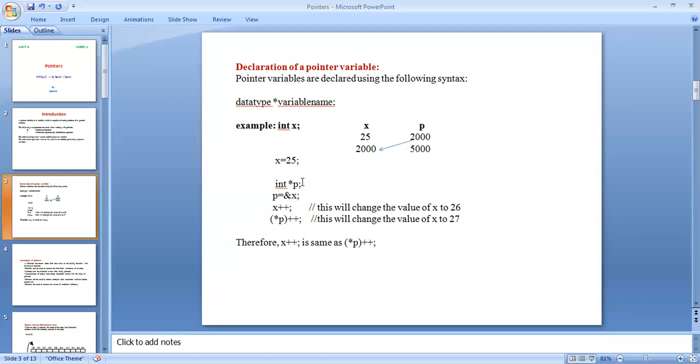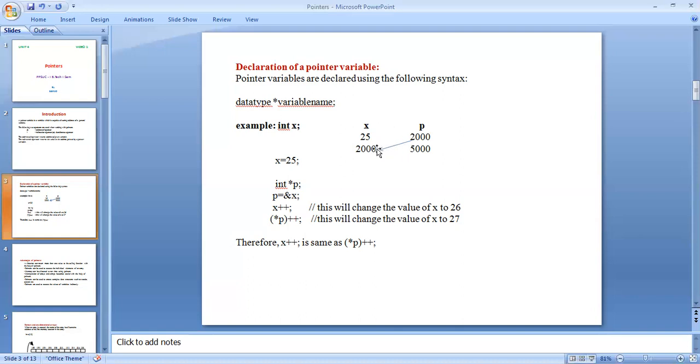The operator retrieves the address of x, and we are using the ampersand. Ampersand means address of the variable. The operator retrieves the address of x and assigns it to the pointer. Here x is 25 and it is stored in memory location 2000.